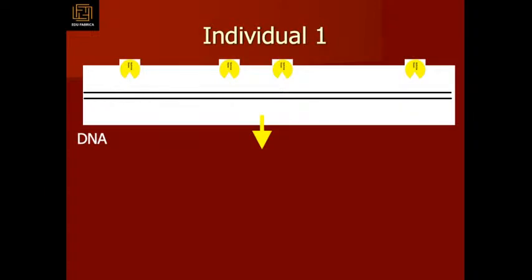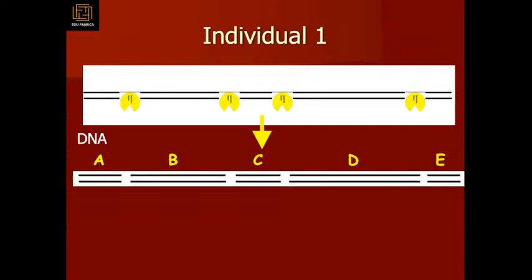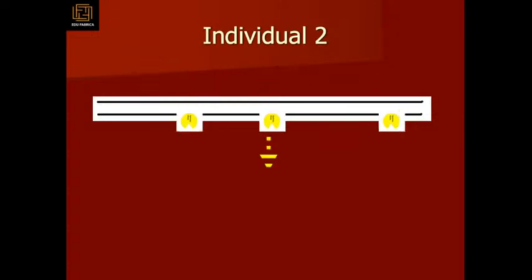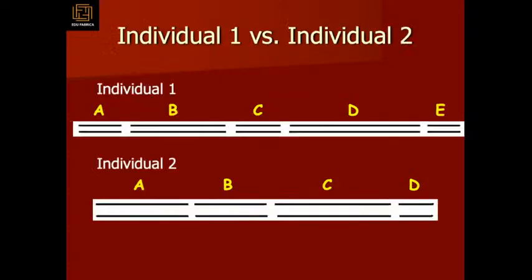Let's say individual one: the enzyme could cut the DNA at 4 different places, leading to 5 fragments. But in individual 2, the enzyme could only cut at 3 places, so it will give 4 fragments. So when we do gel electrophoresis, we can see this 5 versus 4 difference, and we can differentiate